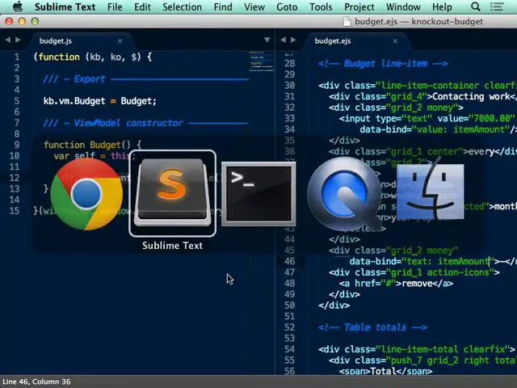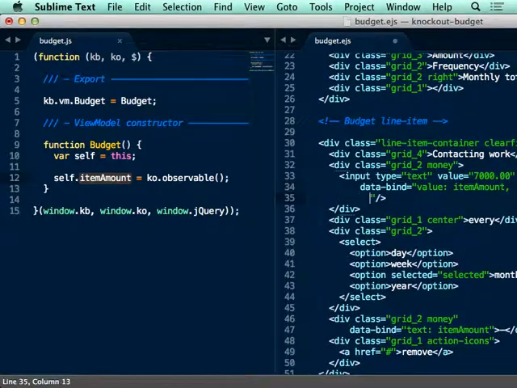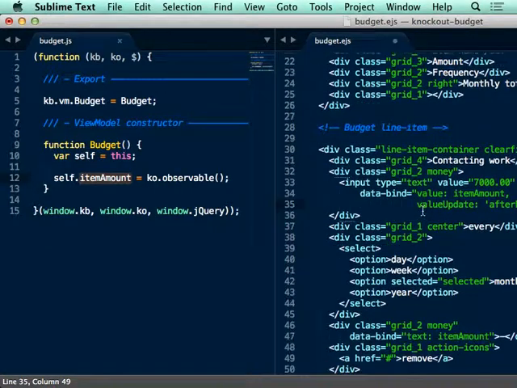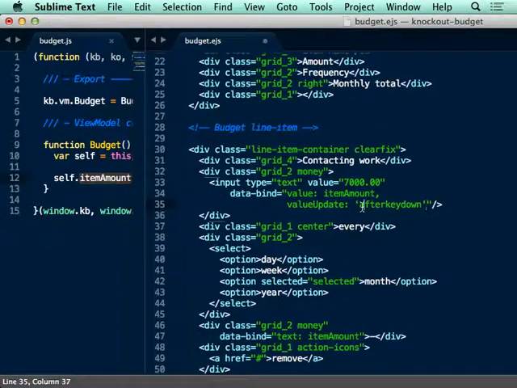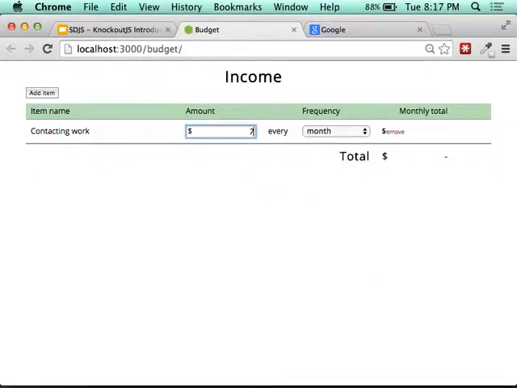So I'm going to add a new view binding. I'm going to specify that updates happen after key down. This binding here makes it so that when you actually type out the text, it updates the view model immediately. So that's a built-in thing. That's built in. There's lots of other built-in view